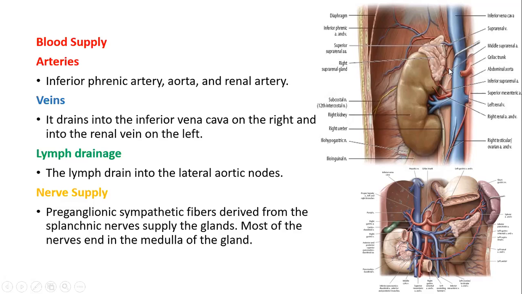This is the aorta. So there are direct branches from the aorta, and then there are branches from the renal artery giving branches to the suprarenal gland. So there is the superior suprarenal artery coming from the inferior phrenic artery, direct branches from the abdominal aorta, called the middle suprarenal artery, and the branches from the renal artery, which is called the inferior suprarenal artery. Superior, middle, as well as inferior suprarenal arteries are supplying